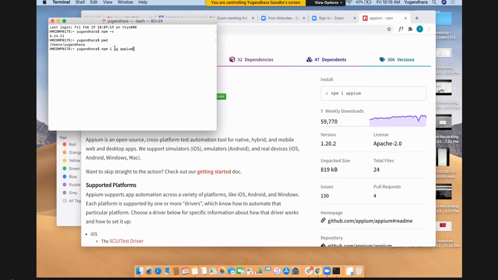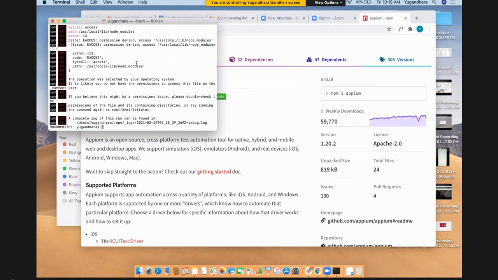So when you say -g, all your packages go inside that USR local bin /npm. So there the global repository is kept, and from there we can access. So I'm just hitting enter now. So it will start downloading the package. Here it has started downloading the package.